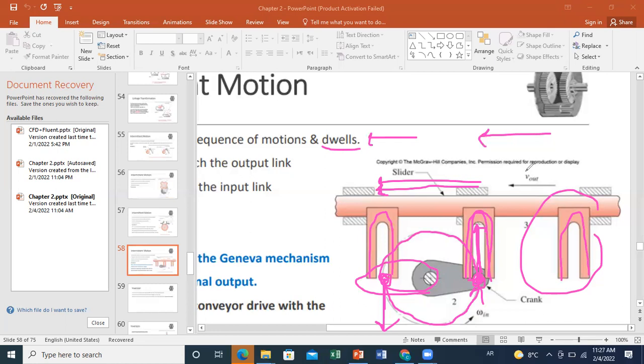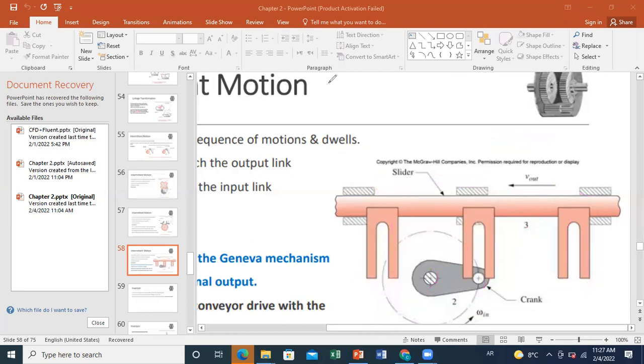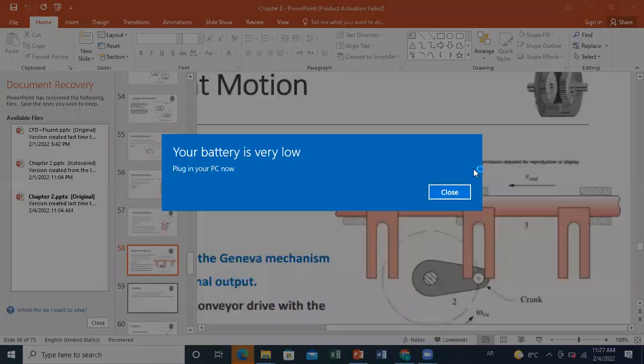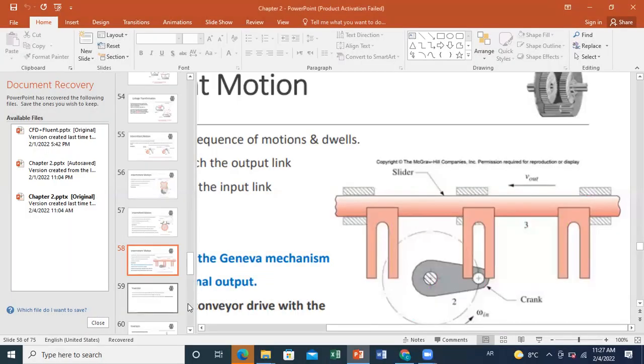Let's say you have a production line. You want to stop your slider for a certain time to collect the products, and then for another phase you want to move them to another location. So this is for intermittent motion. Now, another concept also illustrated in the videos